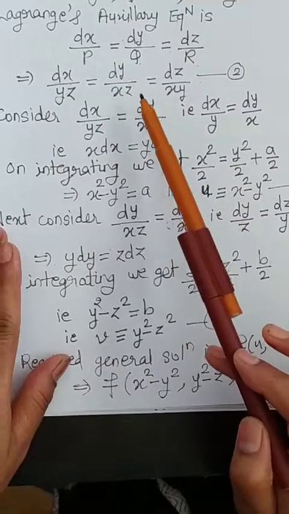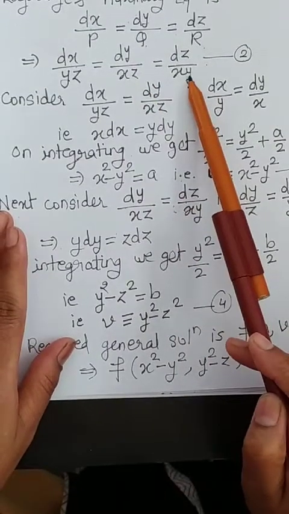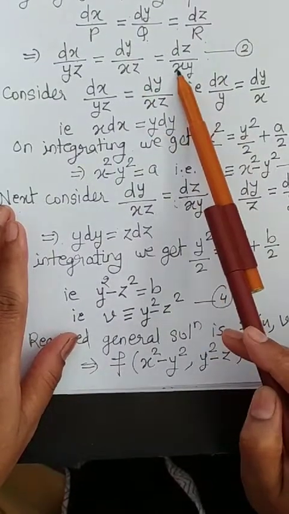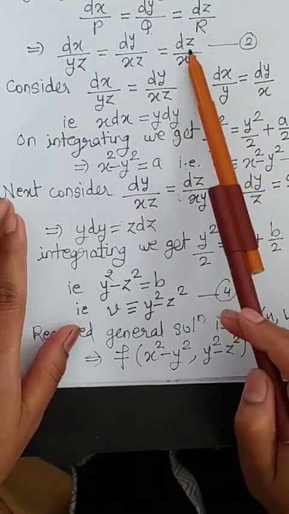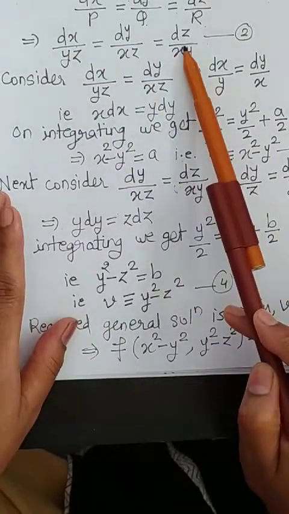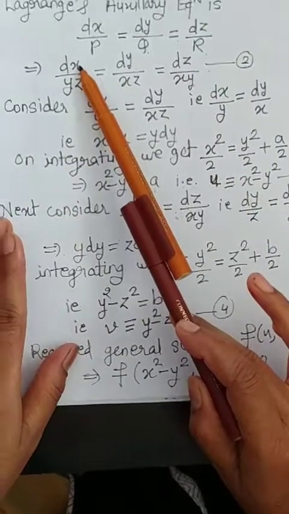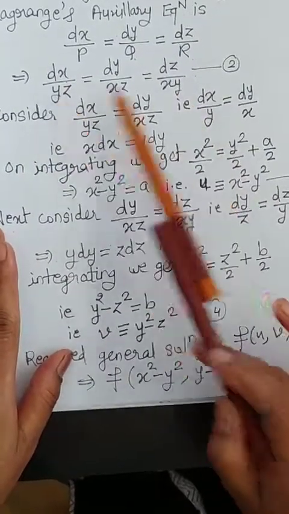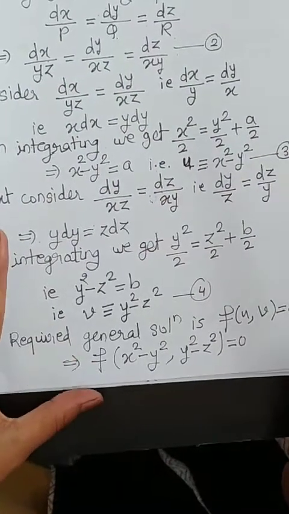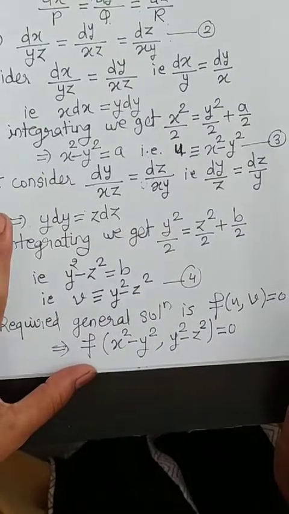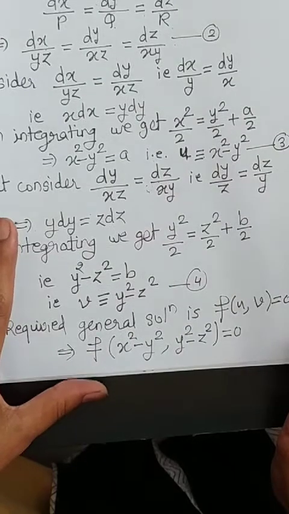Now, is there any possibility of considering the second and third pair? Yes, y and z is there, so I am having y and z. Apart from that, x is also there, but that gets cancelled. So I can consider the second and third. Is there any possibility of first and third? Yes, for first and third, what we want is x and z completely. Y is present, but that also gets cancelled out. So from this Lagrange's auxiliary equation, there is a possibility of considering three different pairs, out of which we have to select only two pairs.